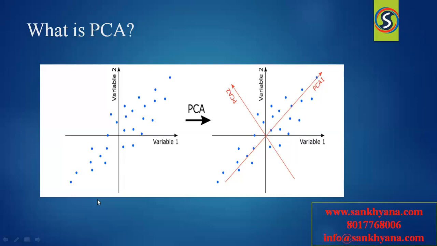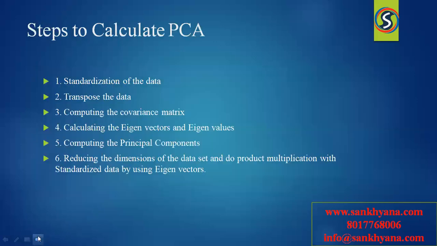To reduce the features, we need to follow these steps that we need to follow to reduce the dimensionality of the data. First, we need to standardize the data. Standardization of the data means we're not fixing the data somewhere. We are applying the standardization technique to reduce the higher numbers, to reduce the variance in the data.